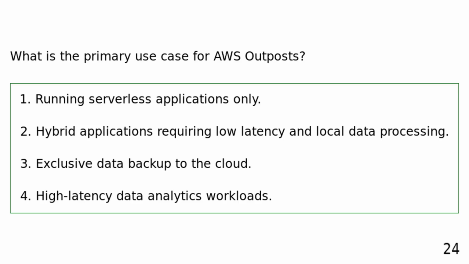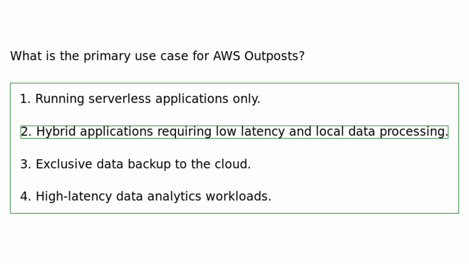What is the primary use case for AWS Outposts? Running serverless applications only. Hybrid applications requiring low latency and local data processing. Exclusive data backup to the cloud. High latency data analytics workloads. AWS Outposts is primarily used for hybrid applications that require low latency and local data processing, providing a seamless connection